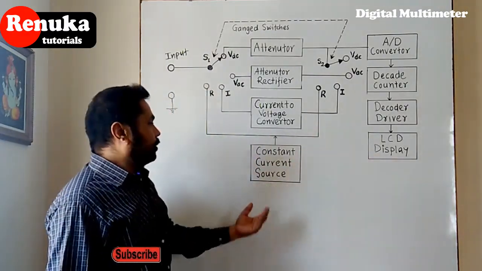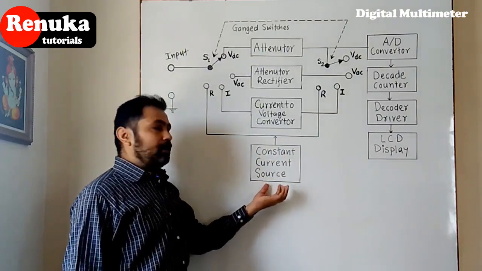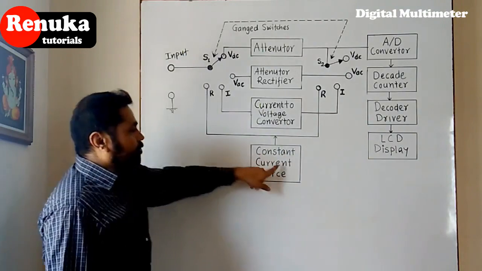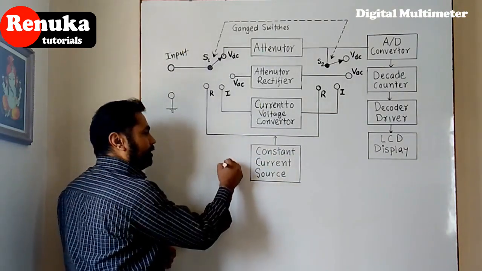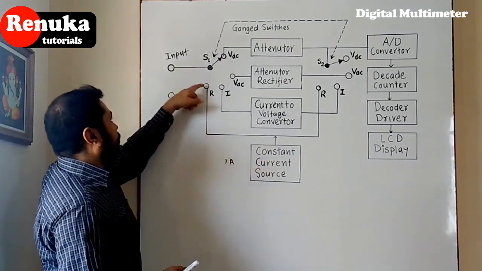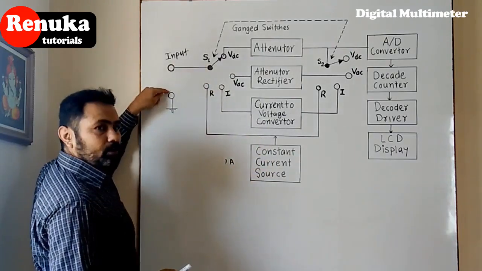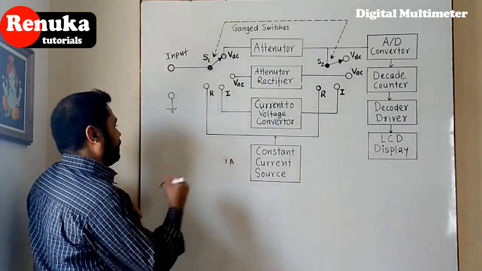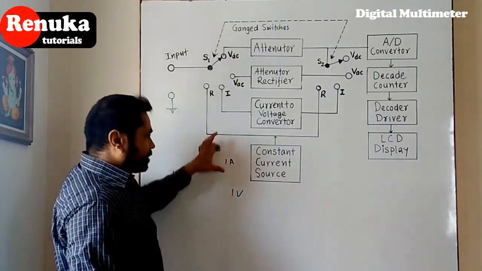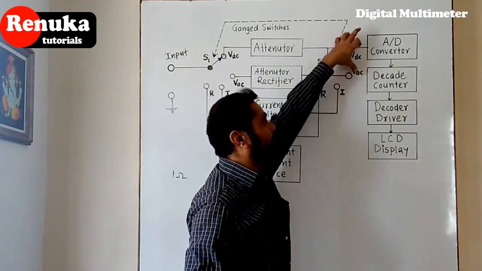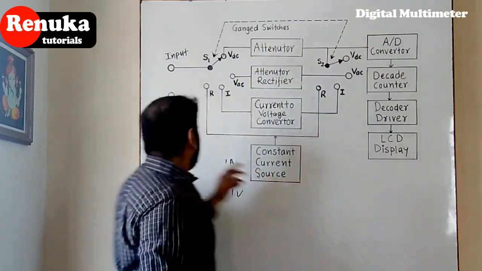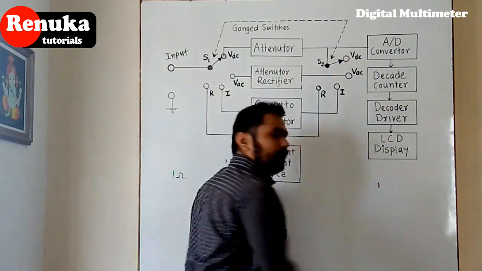So that can be done using a constant current source here, and a resistance, it will be connected at this point. This constant current will have, for example, a current of 1 ampere, and this current of 1 ampere will flow through S1 to the unknown resistance. If the resistance value is, for example, 1 ohm, it will produce a voltage of 1 volt. Now this 1 volt is directly fed through S2 to the VDC, that is the DC voltmeter. So here the proportional value will be shown as 1.